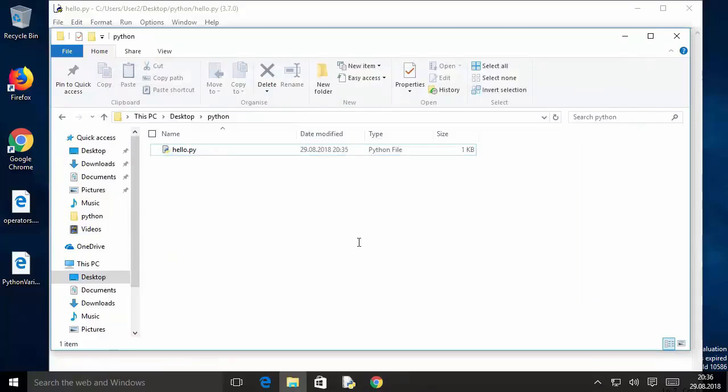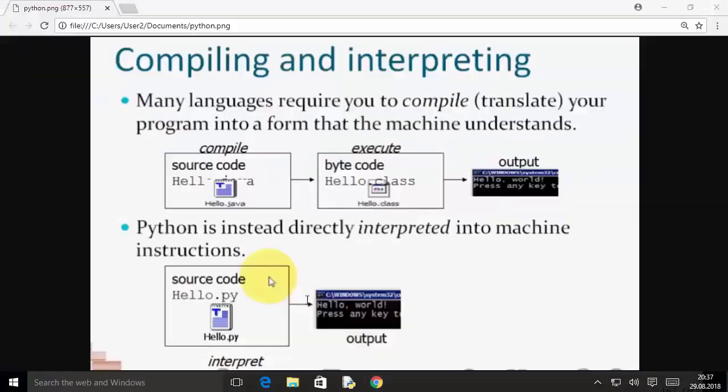So now the question is, how is this Python file executed without compiling this file? The answer to this question I have already given in the introduction video, and the answer is Python is an interpreted language and not a compiled language. So what happens in normal languages like Java, C++, C? You have a source code, and this source code you need to compile in order to convert this source code